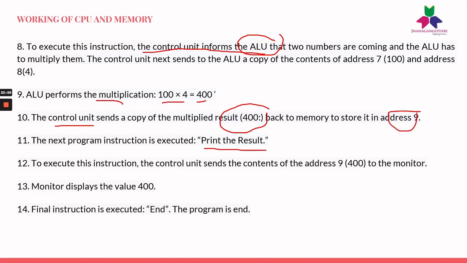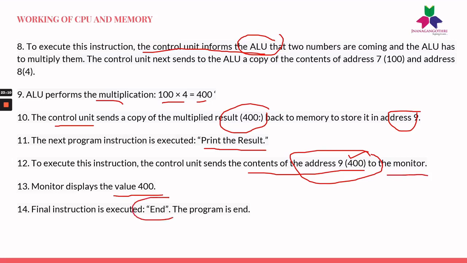To execute this instruction, again the control unit sends the contents of address 9, where we have stored our result 400, to the monitor. So the monitor displays the value 400, then the final instruction end is executed. So there are a total of 14 steps involved in a simple multiplication operation. So moving on to the next slide,